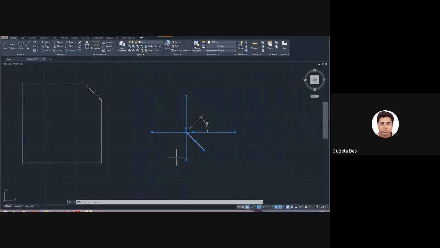Now press the escape button to exit from here. Okay. Now again I am showing you, if I rotate it in a clockwise direction for selection, I am touching the lines, but it is not selected. I am touching these lines, it is also not selected.